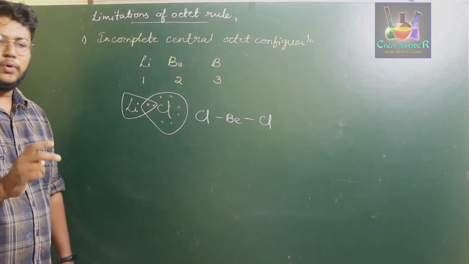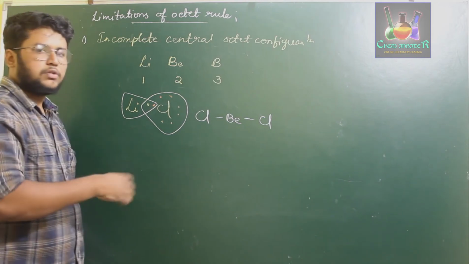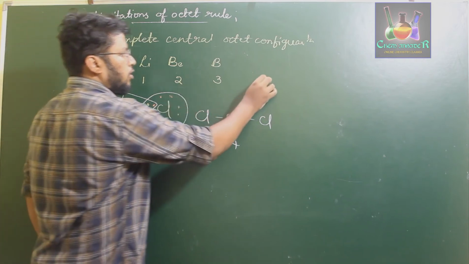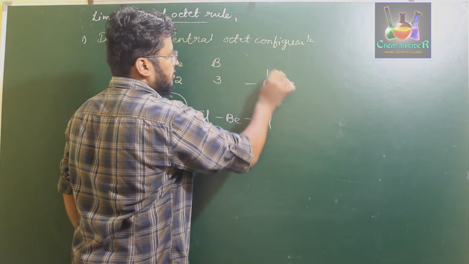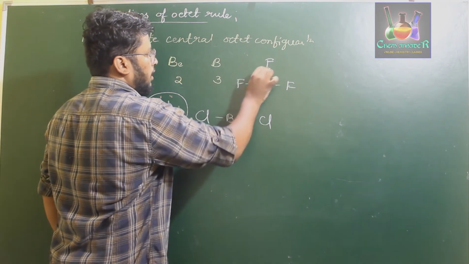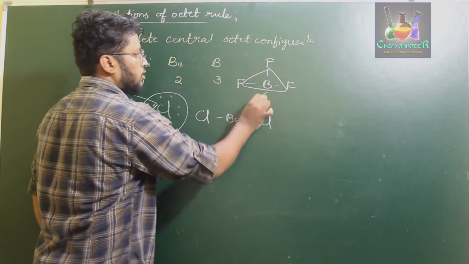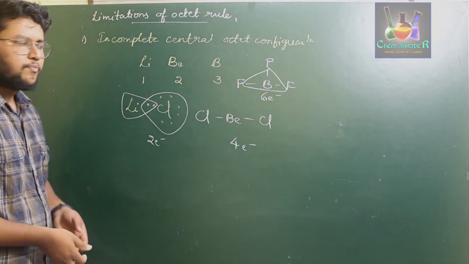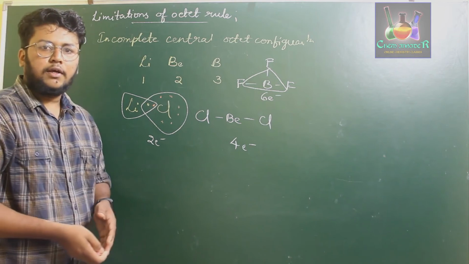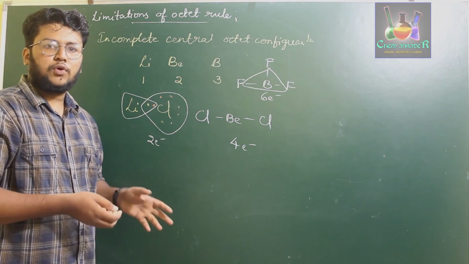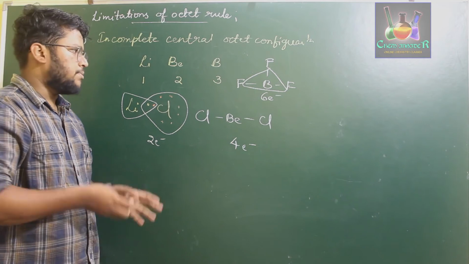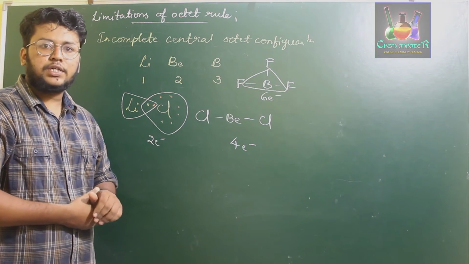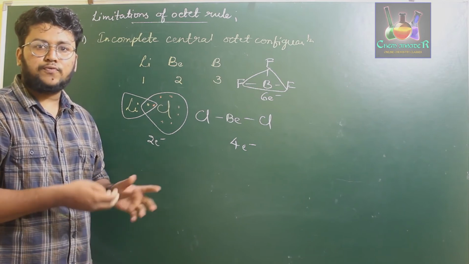Therefore, it will be sharing just 2 electrons, and the total number of electrons after sharing on beryllium will be 4. If you consider boron, with boron trifluoride, it will have 6 electrons because of 3 bonds. So clearly, in the n = 2 period, with the elements which have less than 4 valence electrons, what we are going to observe is they won't be forming a stable octet configuration, which the other elements of the same period were found to form.